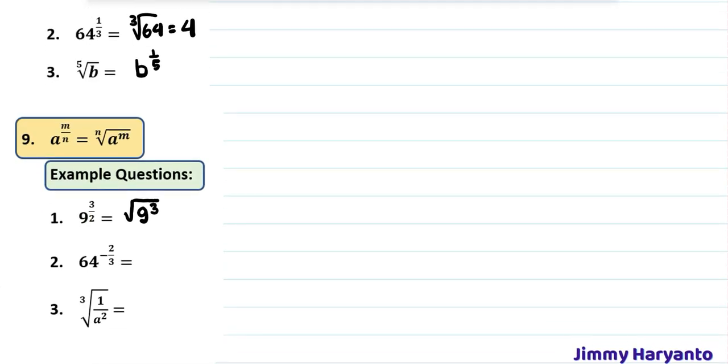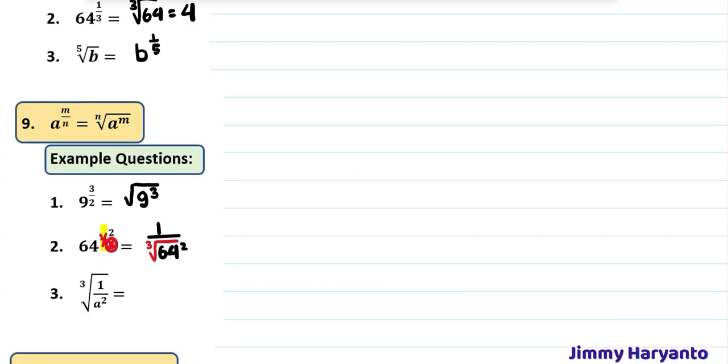And then this one is more complicated, guys. We have negative. Negative means 1 over. When you already write down 1 over, that means you already use the negative. The negative is already gone. And then let's write down the 3 first. The over 3 will give you cube root, right? Cube root. Okay, we already write down the cube root. That means we already use this. And then we only have to write down the rest: 64 to the power of 2. Like that.